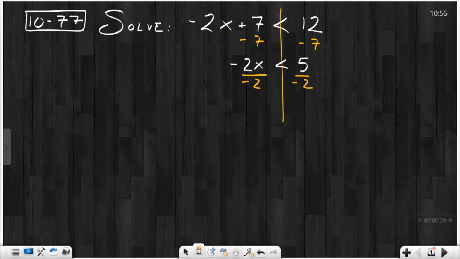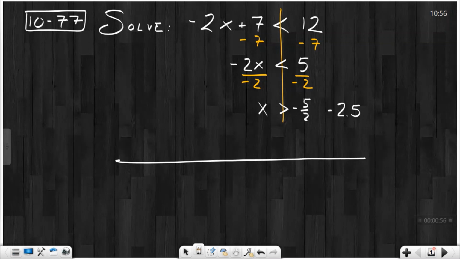I have to be careful because whenever I divide by a negative when solving inequalities, I must flip my sign, making it greater than now. And 5 divided by negative 2 is going to give me negative 5 halves, otherwise known as negative 2.5. All right, and if I were to graph this on a number line,